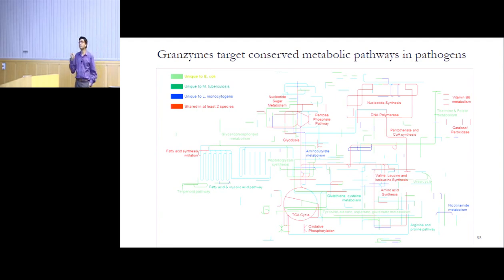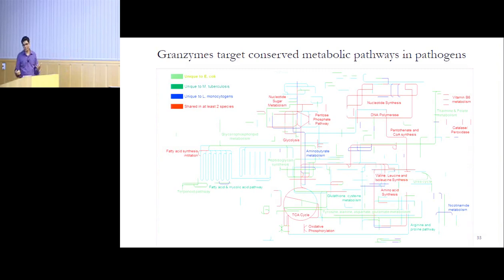So the first question was, is this enzyme randomly degrading proteins, or is it going after targeted enzymes? So we simulated the impact of a random protease, and we compared that with the actual targets of these enzymes. And what we found was that the actual targets were very different from the activity of a random protease that would degrade either based on the abundance of proteins or just highly conserved proteins. So what this suggests is that granzymes are going after some important key nodes in the network.